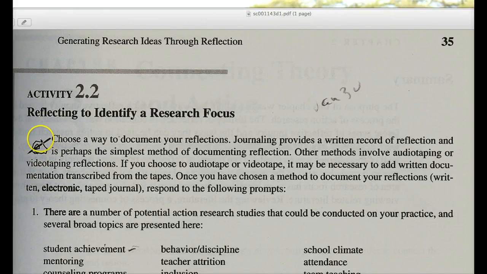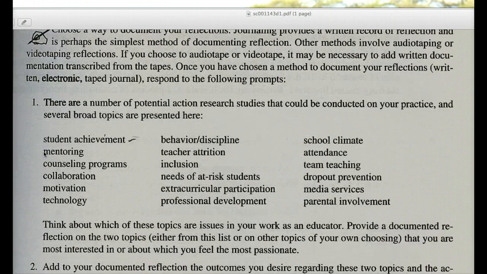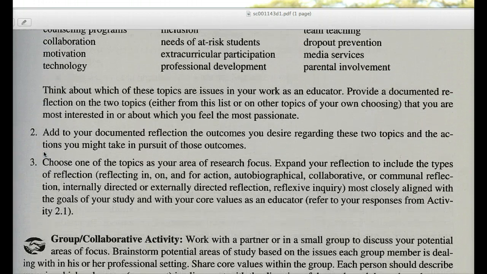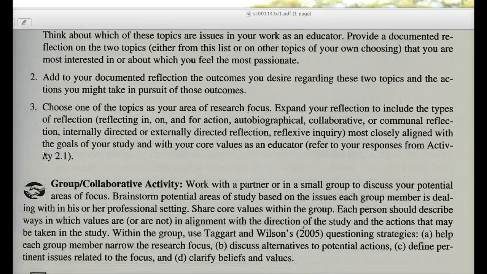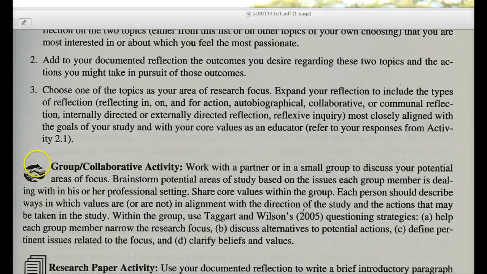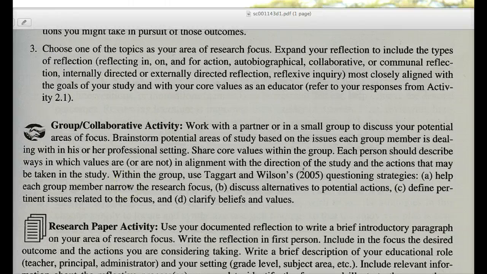We've got this one. This is what you're supposed to be keeping a journal on. That's what the icon stands for. And that one is a notebook that I've asked you to keep in the past. Our online whole class discussions will usually address this kind of thing, the group collaborative activity. So you can always go there and look and see what it is and try to include it into the